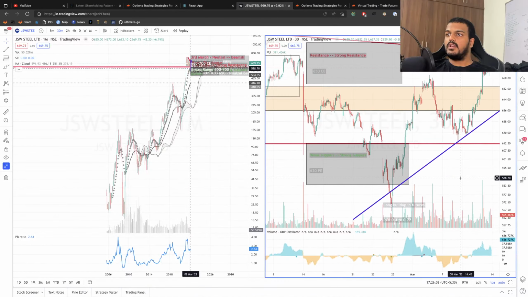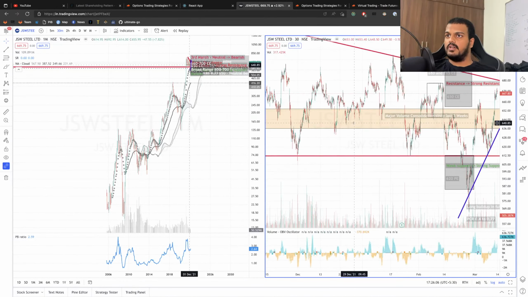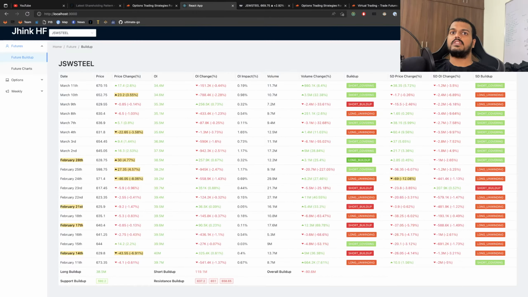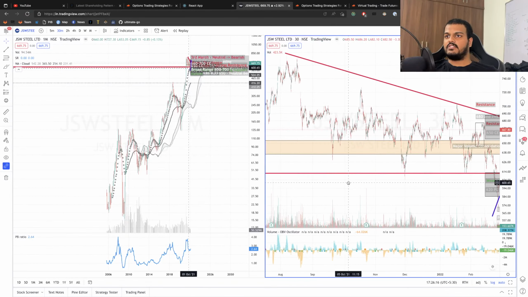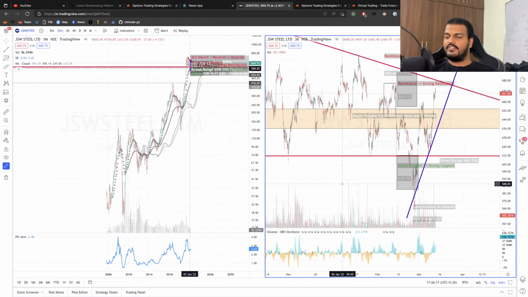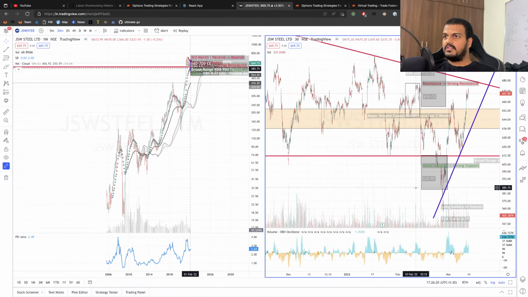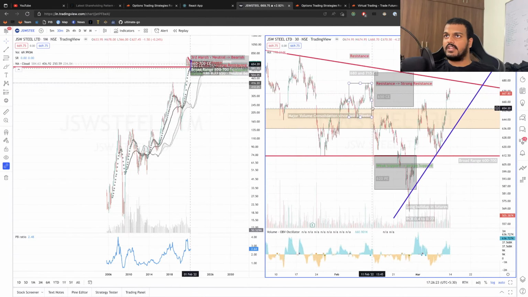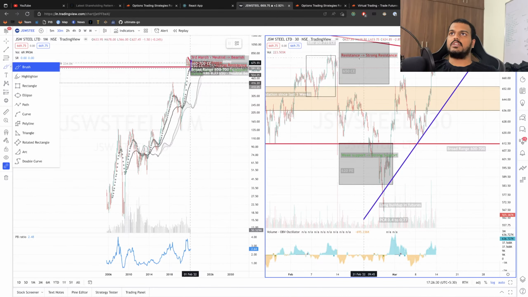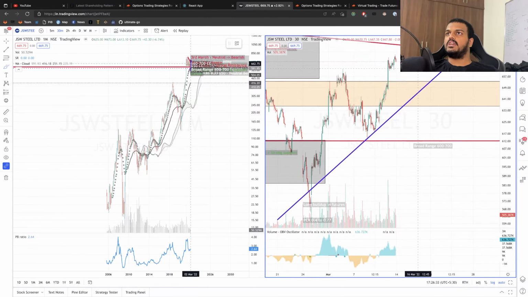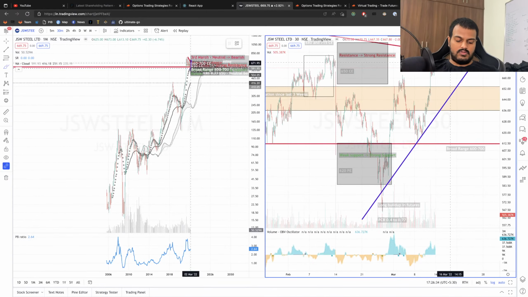Okay, now the journey started here on 28th. Let's see the first date, 14th of February. The crash has started. This is what I call the Valentine's Day crash, right? 14th of February. When this crash happened, there were huge short buildups here. This is the exact point of the short buildups. This is when they started. So we can basically draw this as a resistance line. So this is a strong resistance line which is forming on 14th.